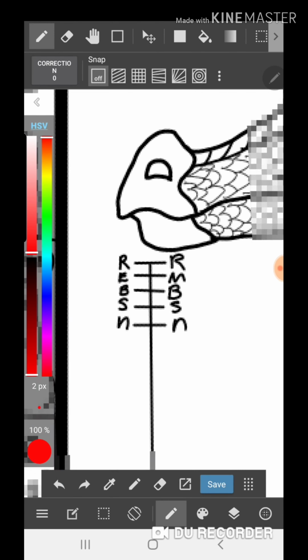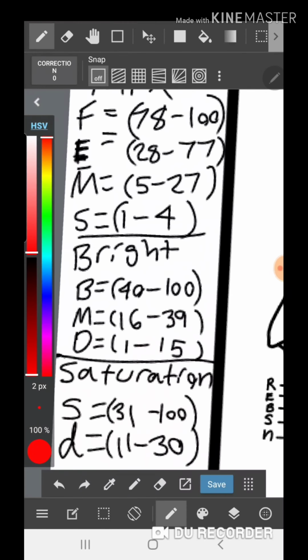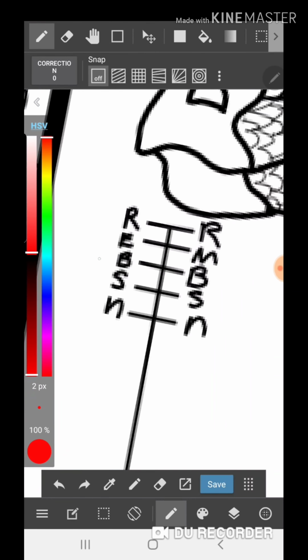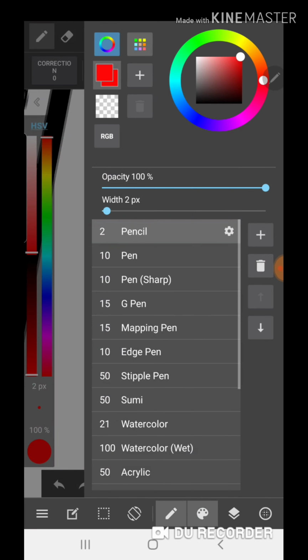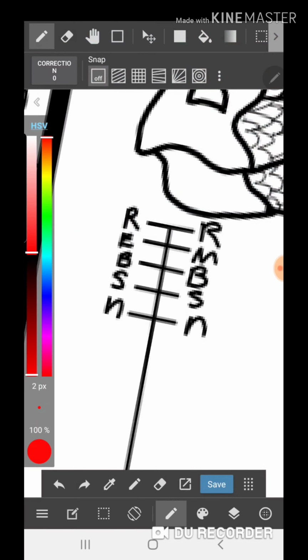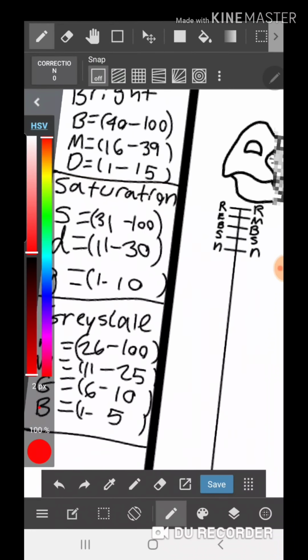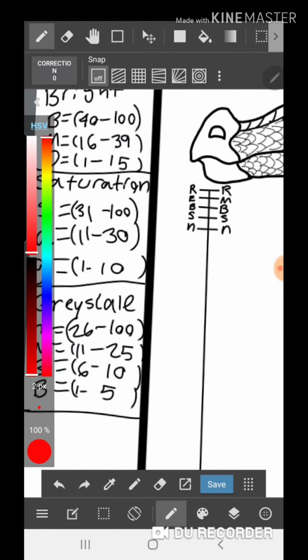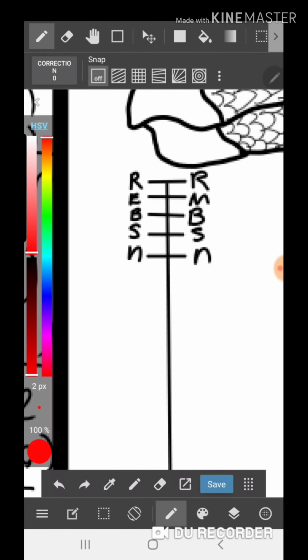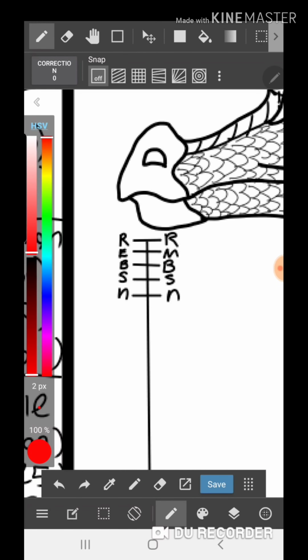However, the next ones, which are the brightness genes, will affect her. They're both bright, so that means that we're already pretty much right there. Now, the next ones are the saturation genes, and they're both S, which is full saturation, so we're still where we're supposed to be. Neutral on the grayscale, so actually she should be